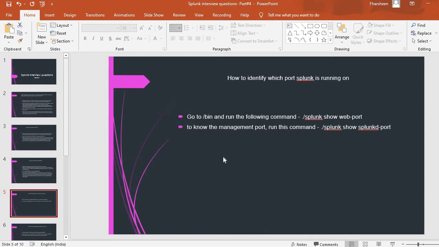Now the next question: how do you identify which port Splunk is running on? Go to the bin folder and run the following command: splunk show web-port. To know the management port, you need to run this command: splunk show